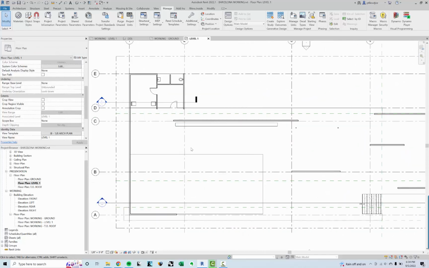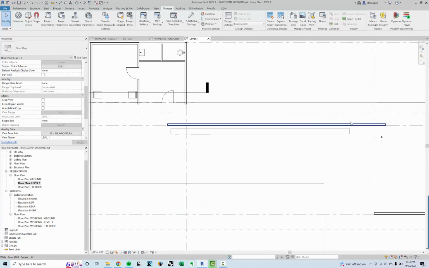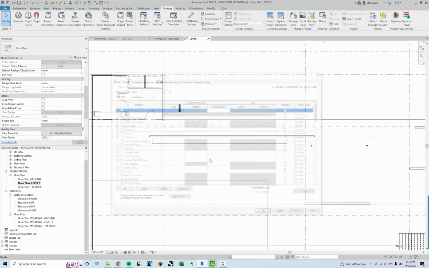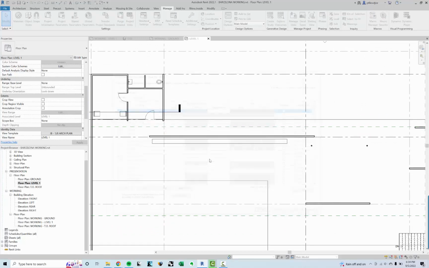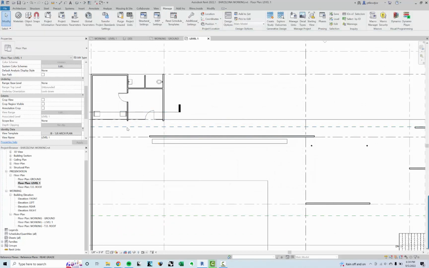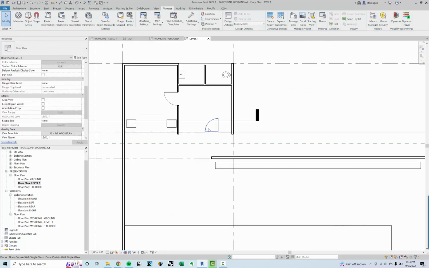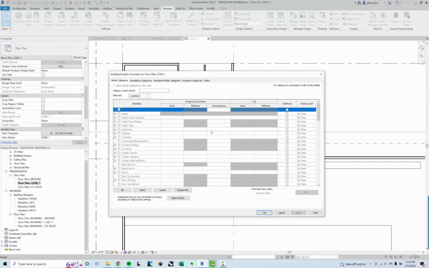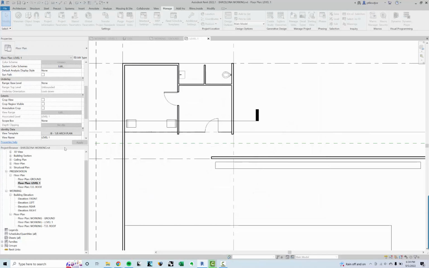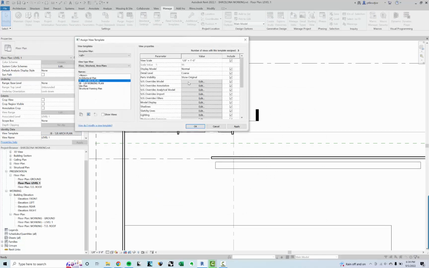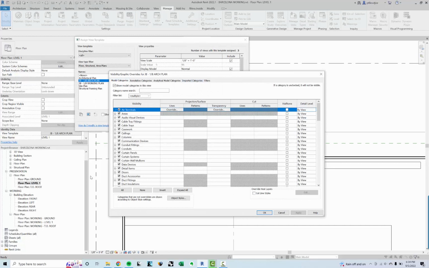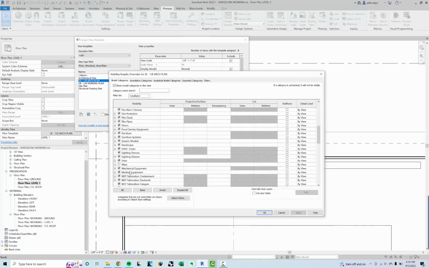Let's say I don't think that my walls are registering thick enough. I can go into my visibility graphics, or let's say actually let's get them to register with a hatch in them or something like that. I'm going to go into my visibility graphics, and I can't edit this because it's got a template on it. So what I have to do is click on here to get into the template, and I'm going to go into the model overrides. I'm going to go into walls,